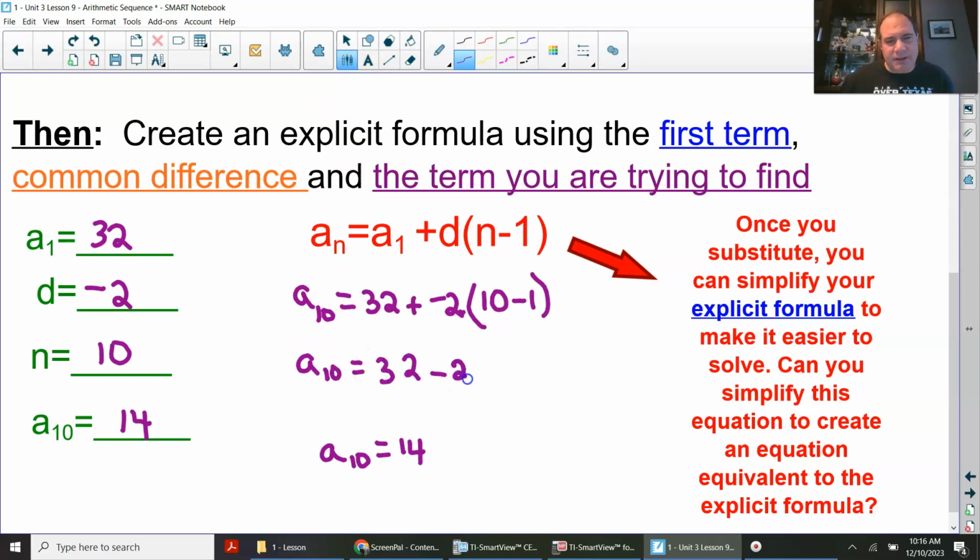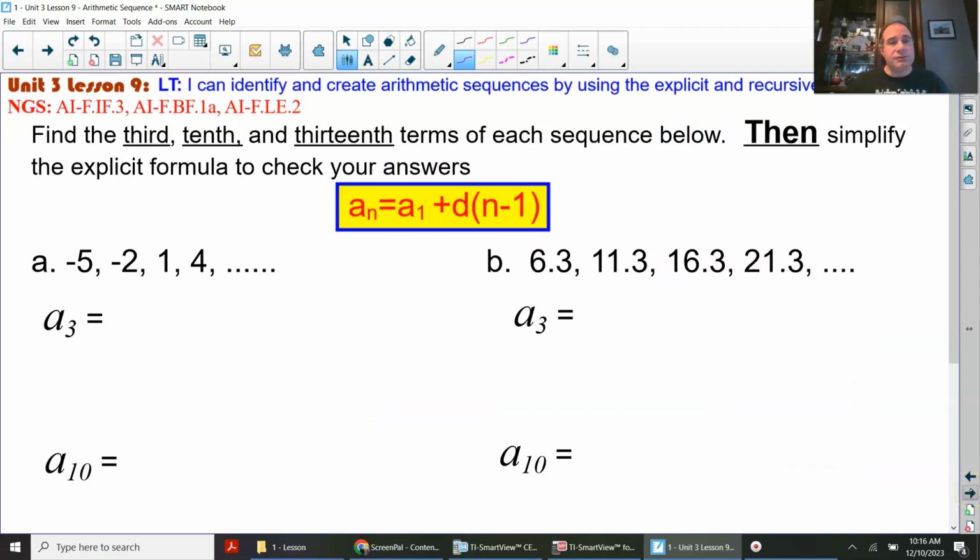And this is -20, obviously. -2 times -1 is +2. And then a sub 10, I would never do it this way, equals 32 minus 18. I put that directly into the calculator and roll with it. All right, and that's about it. And that's how you would use that